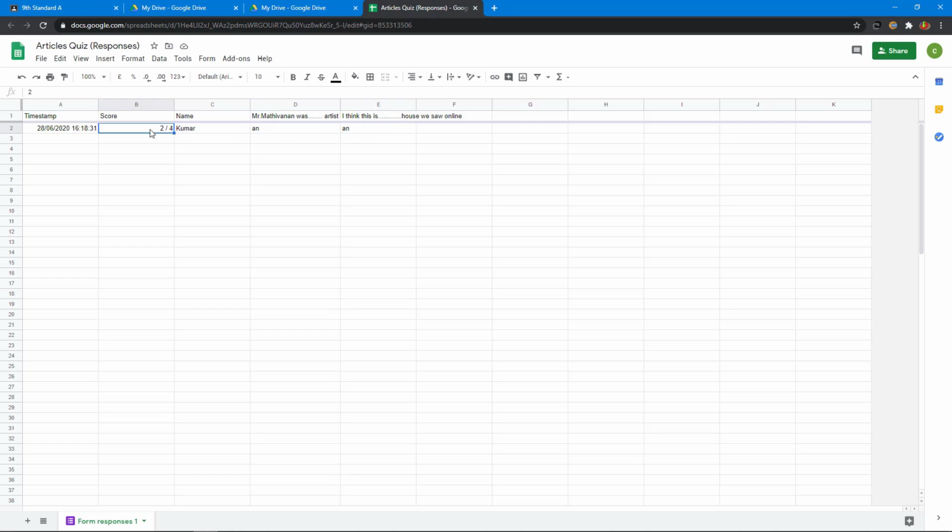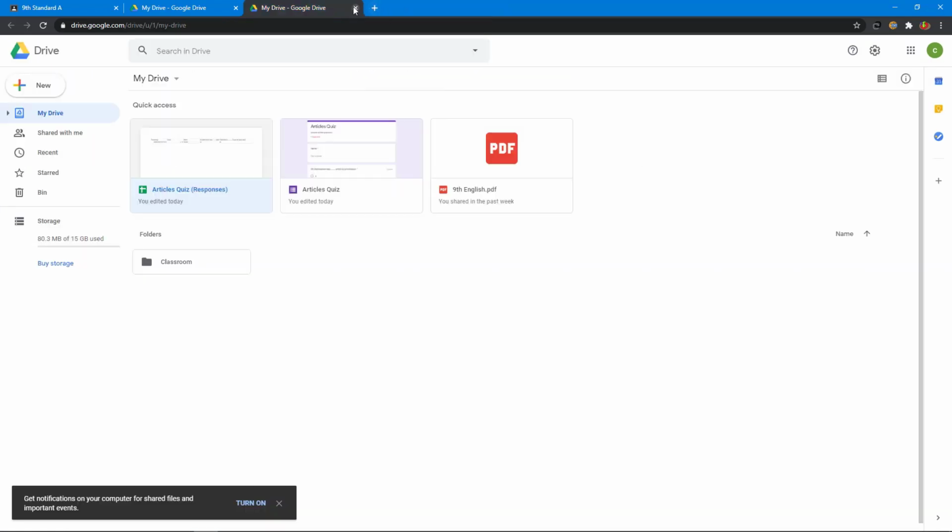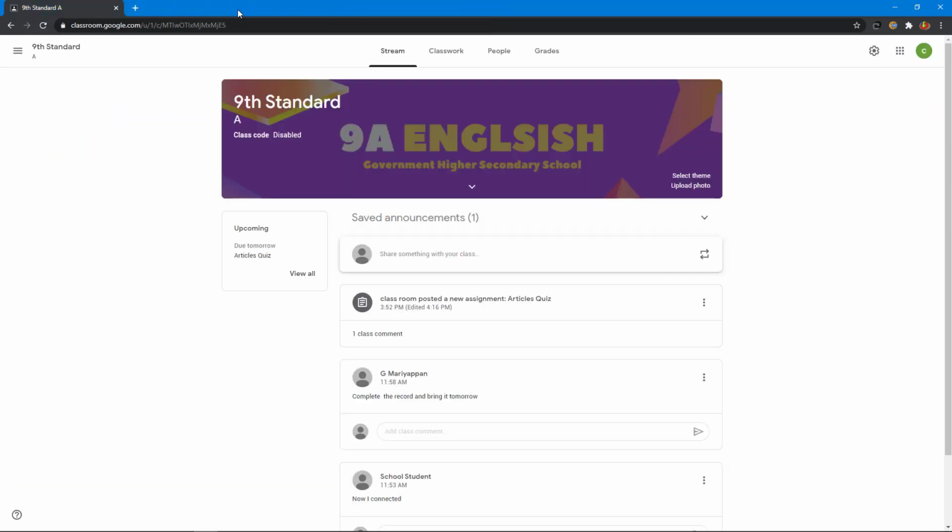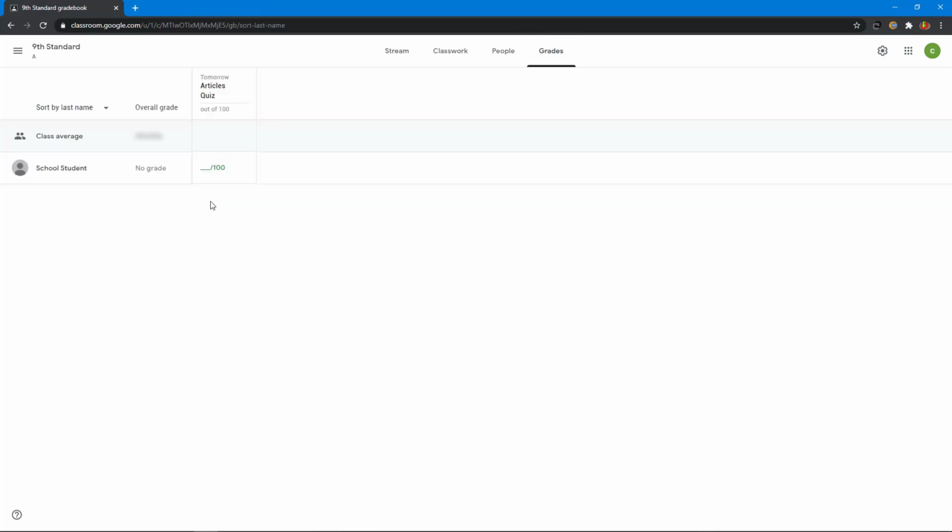You obtained 2 marks only. He answered one question as wrong. I close the responses. Click on the grades tab. Here teacher enter the grade points. Totally 100. I want to give 50 points. Total question is 2. The student answered one question wrong, so I give 50 points. The point is saved. Now student can able to see the grade points.